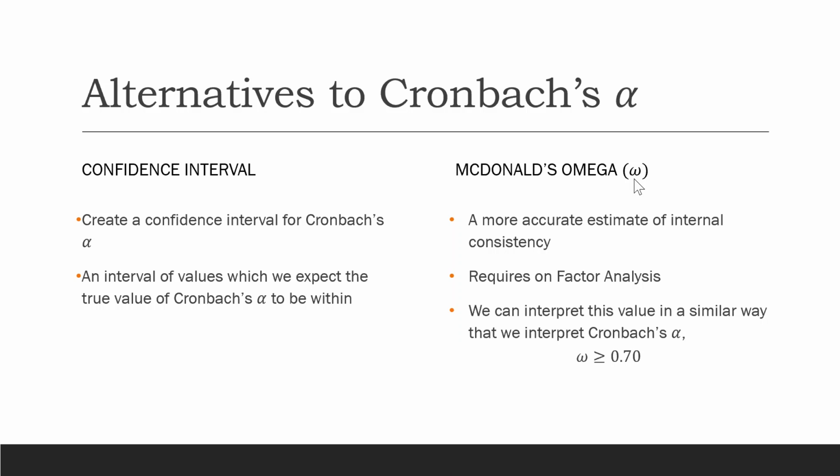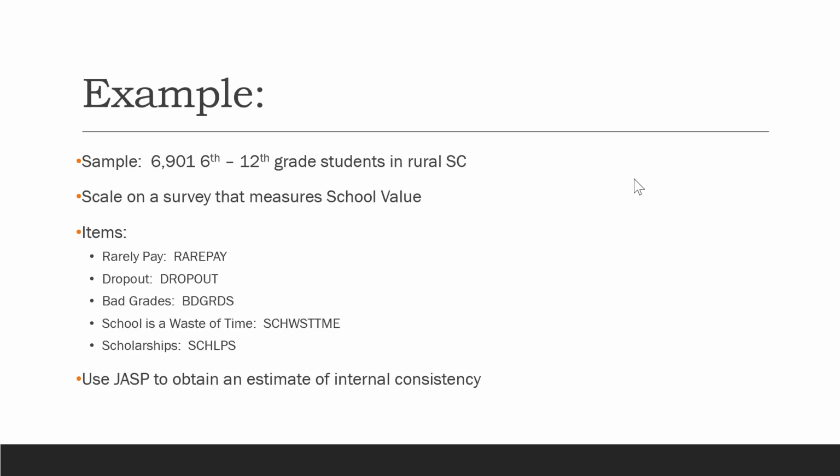If we don't get a value greater than or equal to 0.7, we don't have enough evidence, and we may want to revise our items, maybe drop some of the items that may not be working well with the others, but do some kind of revisions before we actually try to use those results from those survey items in some statistical analyses. So what we're going to do is go to JASP in just a few moments,